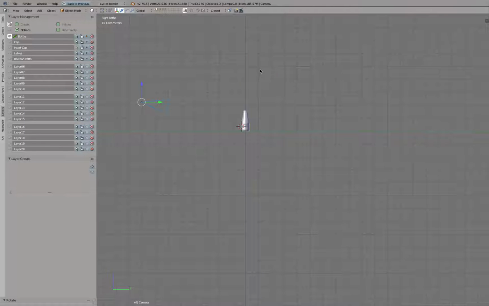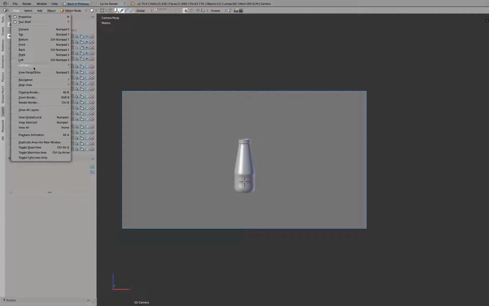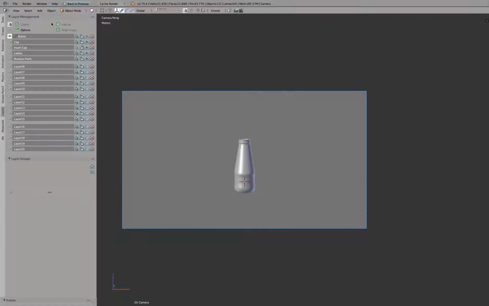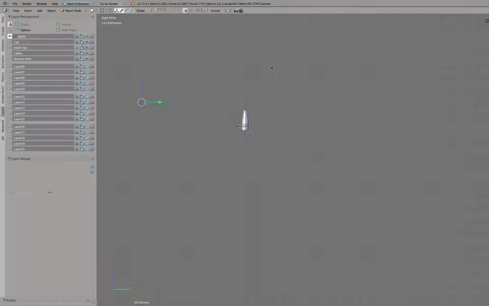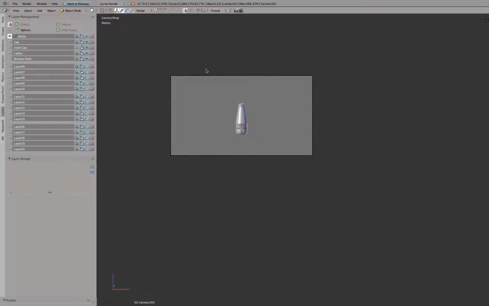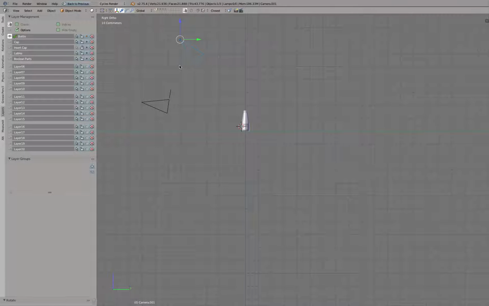To go into the camera view, you simply press 0 on your numpad, or you go to View and Camera. So, active camera, there it is. We can also have multiple cameras, by the way. So, for example, Shift D, make a copy, move this one down, and 0. See, it doesn't really look through that camera. We just created it. We could go now and say active camera,